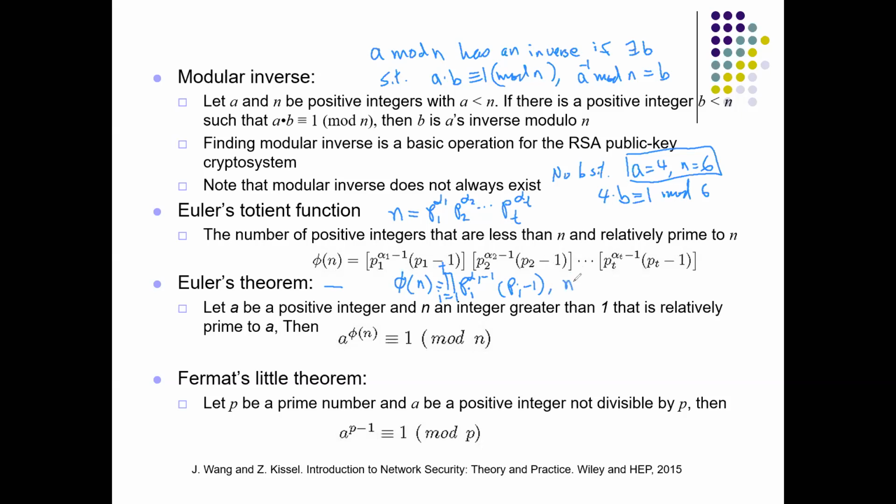And if n, in a particular case, is a product of two prime numbers, then phi of n will be equal to,